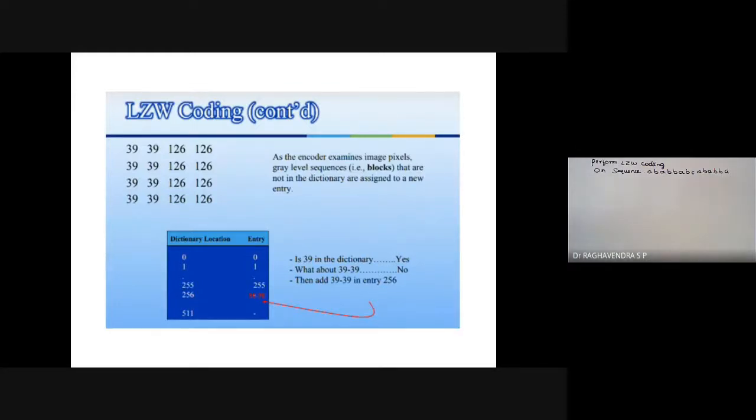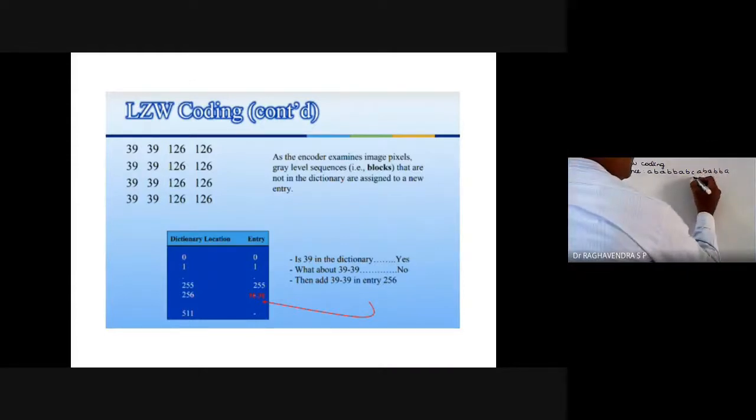Perform LZW coding or encoding on this sequence. Also, the initial LZW dictionary has been given.